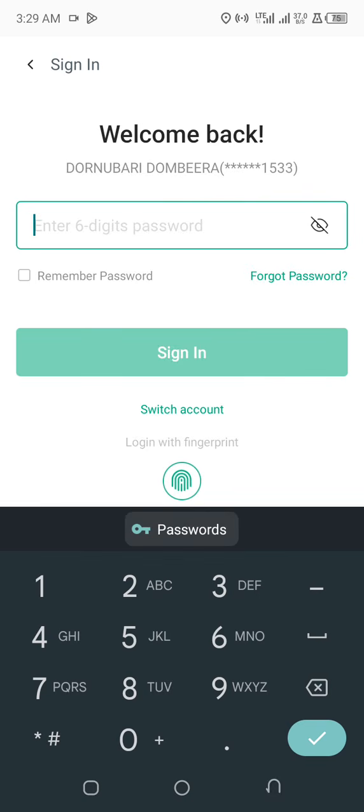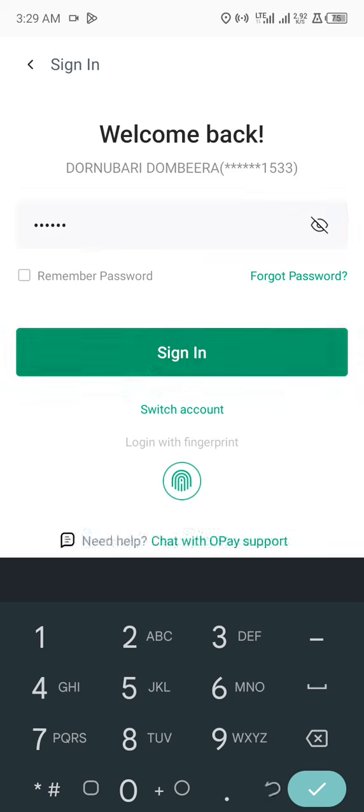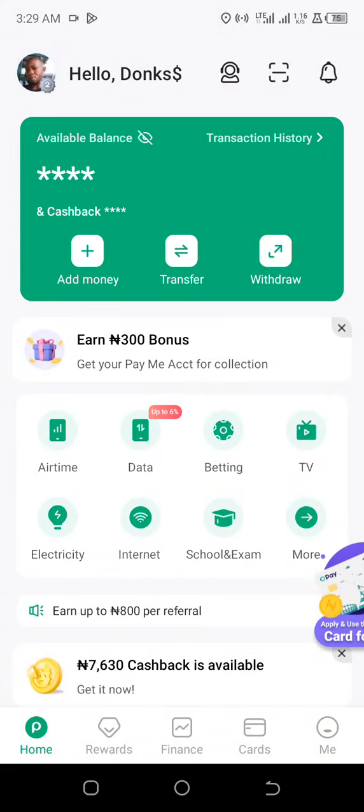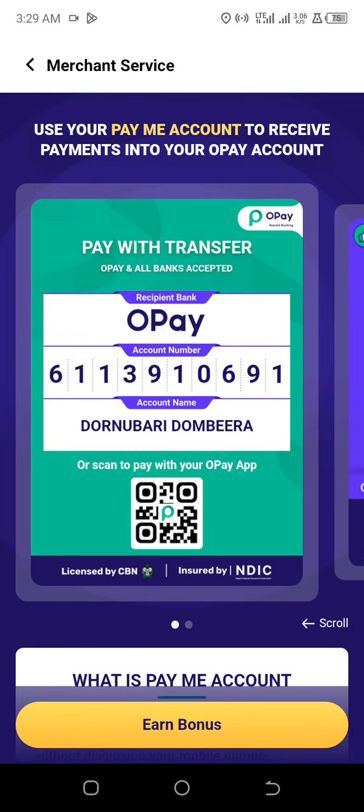So log into your Opay account. I'm going to log into my Opay account now and show you the on-screen process, how to access the number. So let me log into my Opay account. Once you've logged into your Opay account, click on where it says earn 300 Naira bonus. Get your Opay account for collection. Click on that place. I'm clicking on my own and I'm going to open a place that looks like this